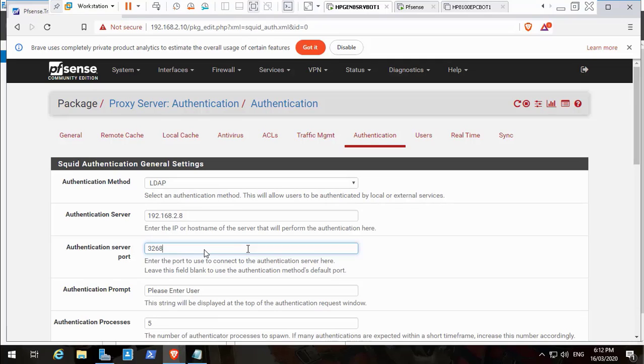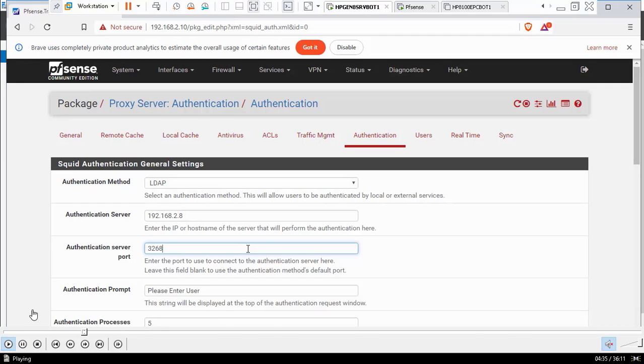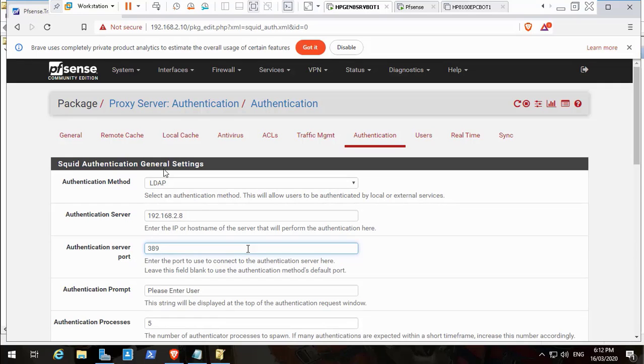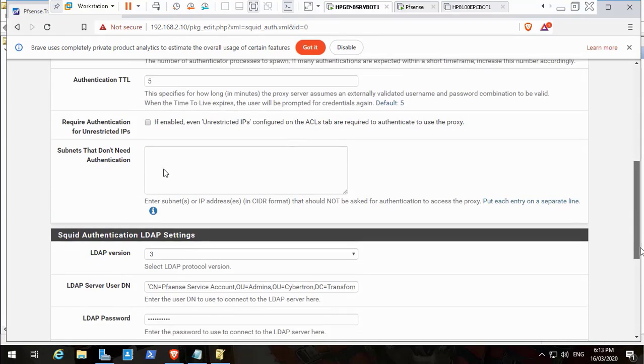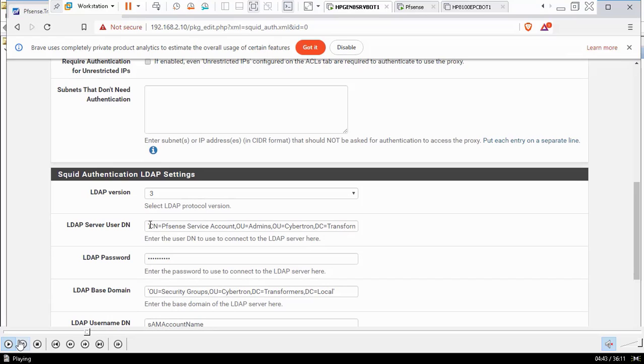We need port 389, which is the port that will be used for the integration between the SquidGuard and Squid proxy with the Active Directory. This is 389, and as for the port for SquidGuard itself or the Squid proxy, it's 3128. Okay, so here we will change the port to 389,